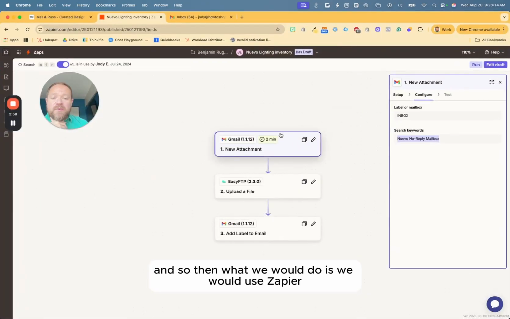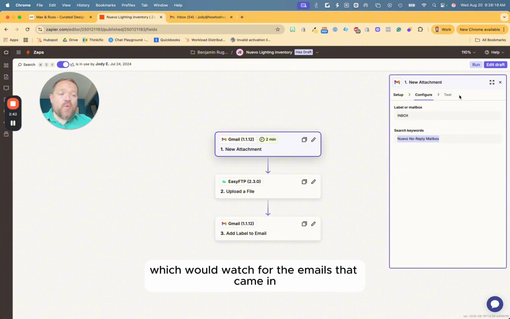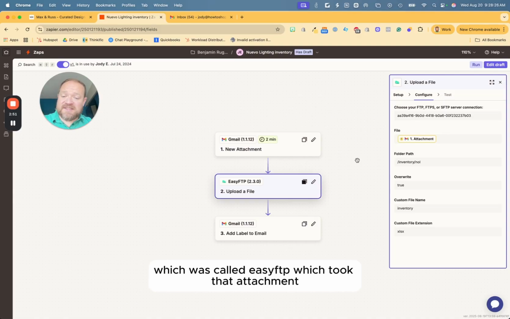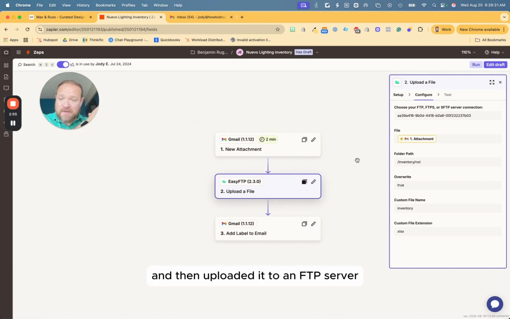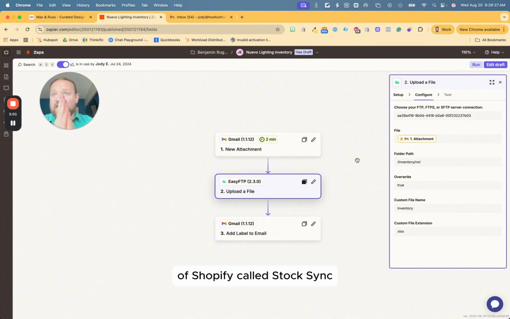And so then what we would do is we would use Zapier's new attachment configuration, which would watch for the emails that came in with that keyword. When it had an attachment, it would then connect to another software, which was called Easy FTP, which took that attachment and then uploaded it to an FTP server, which at that time we could then use a different app inside of Shopify called StockSync, which would pull down that FTP, run it through a script, and then update the